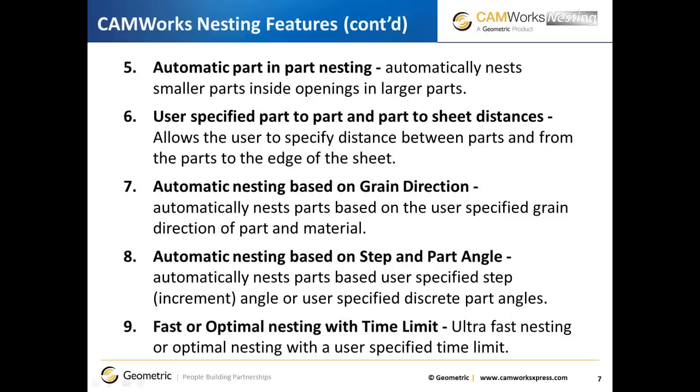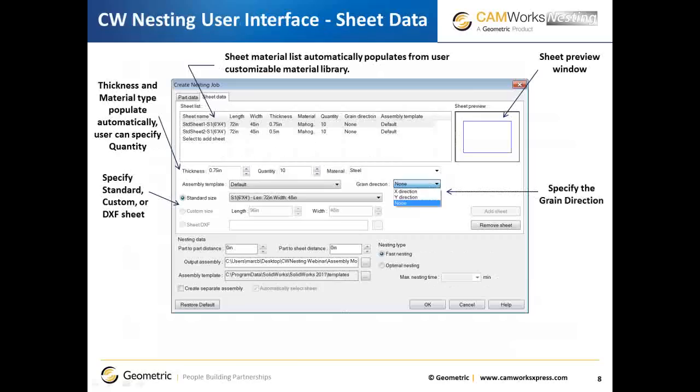As we could see in the user interface, using CAMWorks Nesting, you can specify the grain direction for each part, specify a step angle or increment angle, or input specific discrete angles for the nesting of each part. CAMWorks Nesting also lets you select either fast nesting or optimal nesting with a user-specified time limit. Now that we've looked at the Part Data tab and its features,